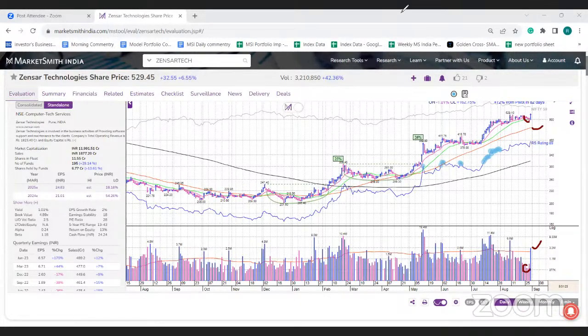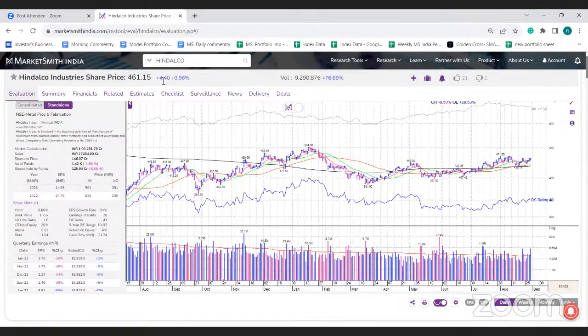So now let's look at a couple of metal stocks. If we look at the Hindalco, so this stock is forming a stage 1B saucer base, saucer with handle base बना रहा है. So it's generally a bit of a longer term base. It पहले ये cup with handle भी बनाया था, but then it failed to break out, and then it is now forming a bit of, you can say, the saucer with handle type of base.